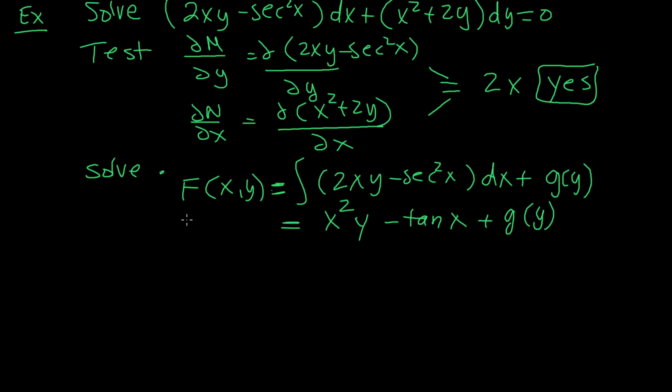All right, so now when you do this part, what happens is we don't know what g of y is. And since I used M, I'm just going to go to N. But how do I get N? N is this derivative with respect to